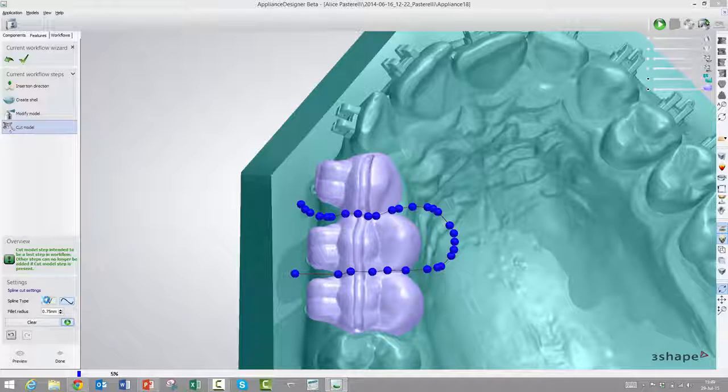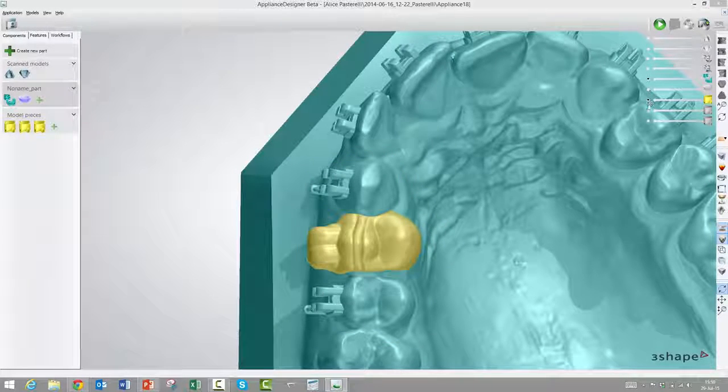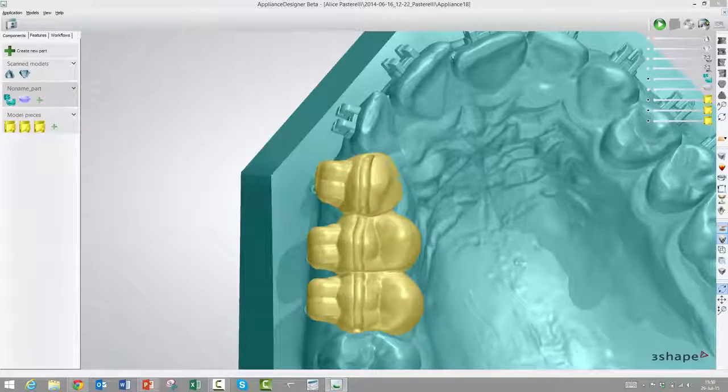It's also possible to choose straight lines, and you can also define how thick the knife should be, so to speak. Yep. It's already done now, so we'll press done, and then we will turn off the original design element, and now we can turn these off individually, and they are ready for seeding.